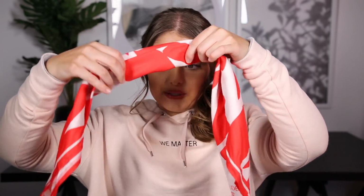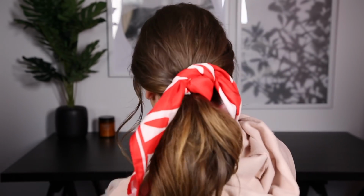So I always put the pony to the side. And then, to zhuzh it up a little bit, I love to wrap a scarf around the pony. So I've got this really cute scarf that I'm just going to tie around the pony. And just like that. I'm going to turn around and show you guys how this looks. I don't know if it's going to be in focus, but...